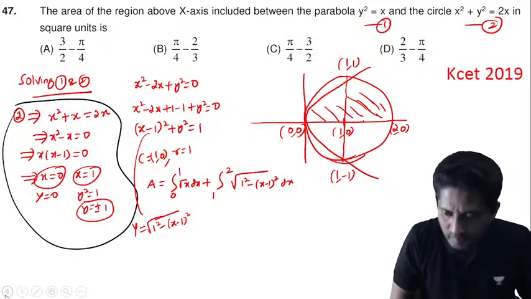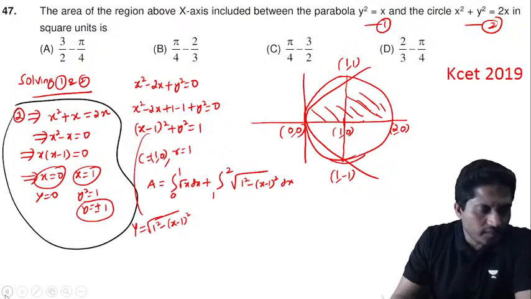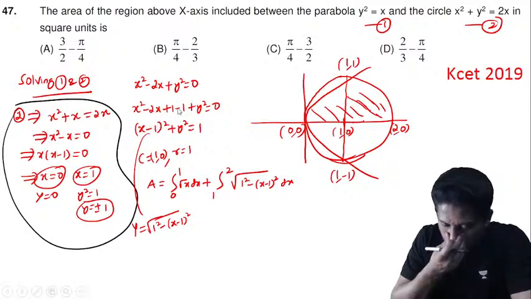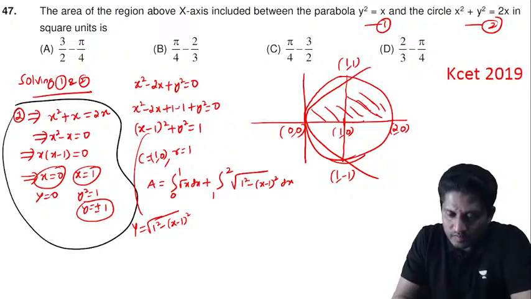By 3 plus pi by 4. Let me just check, guys. Just a sec. You solve this. This is x square minus 2x plus 1 minus 1, that is (x minus 1) the whole square plus y square equal to 1. And then you get y is equal to root of 1 square minus (x minus 1) the whole square. That's correct. Area,